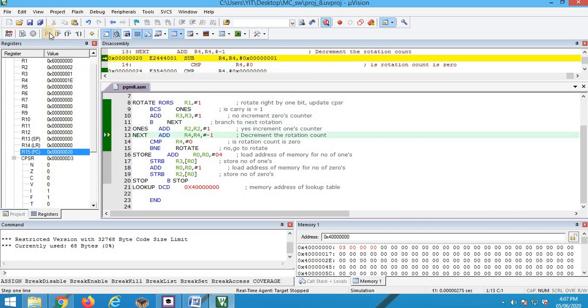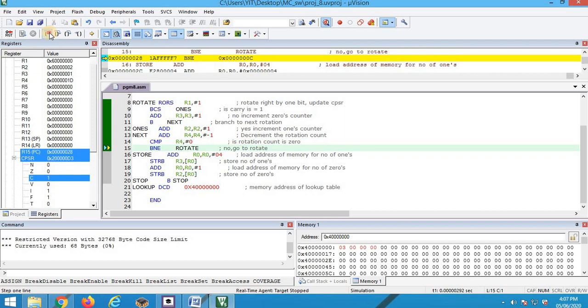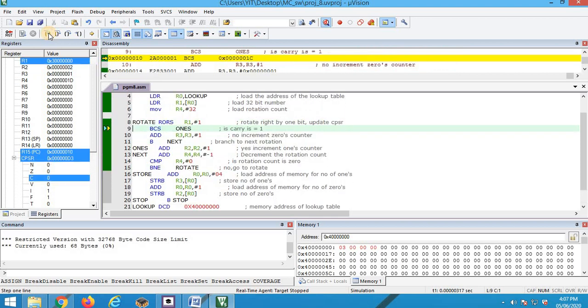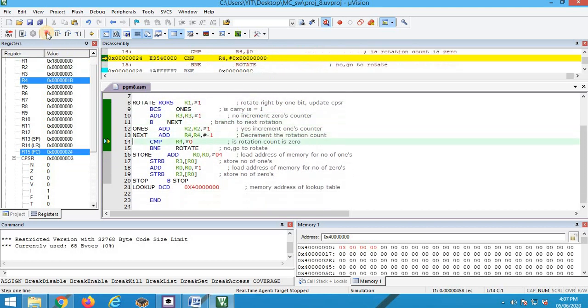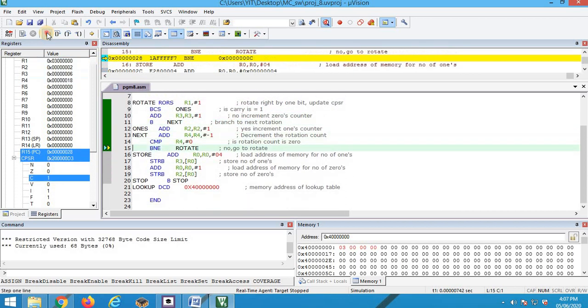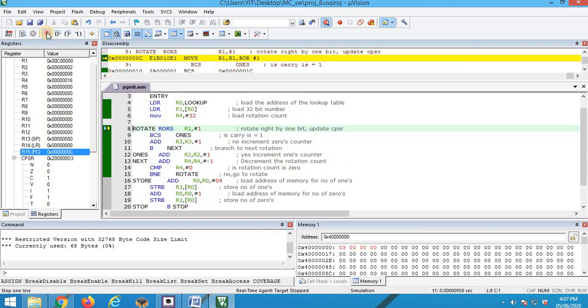The number of remaining rotations is in R4, which is decremented by 1. R4 has not become 0, that means you need to continue rotating. So remaining all are zeros, so the zero count will be incrementing from now onwards, which is R3. So R3 goes on incrementing. At the end R3 will be 30: total 32 bits, 2 bits are 1, 30 bits are 0.